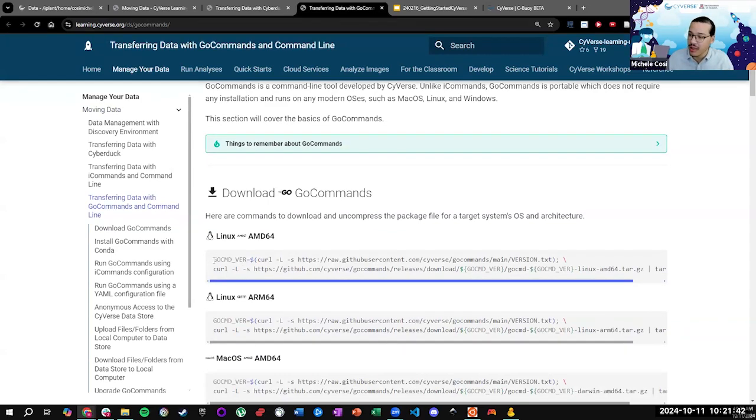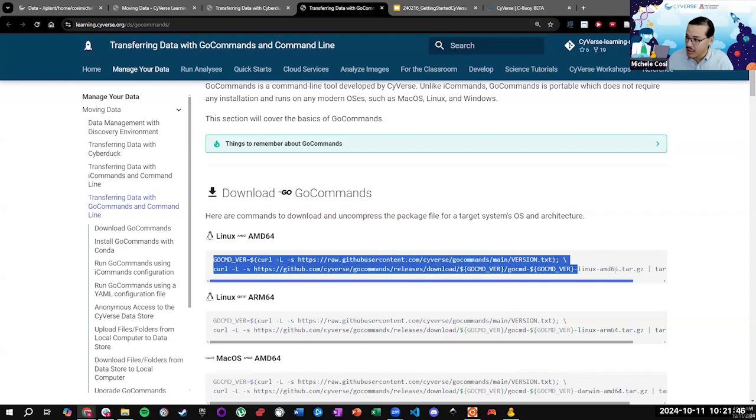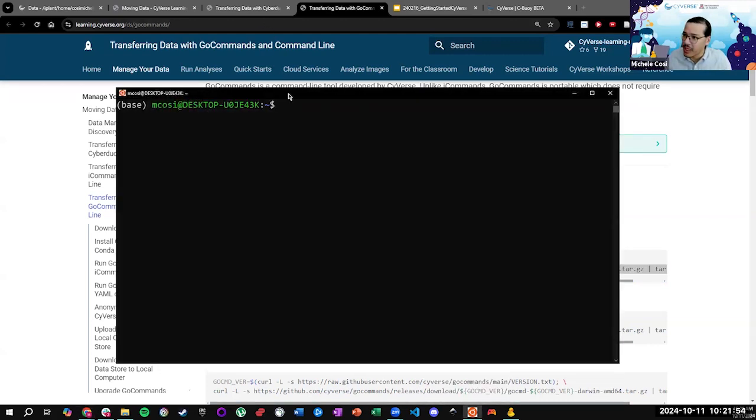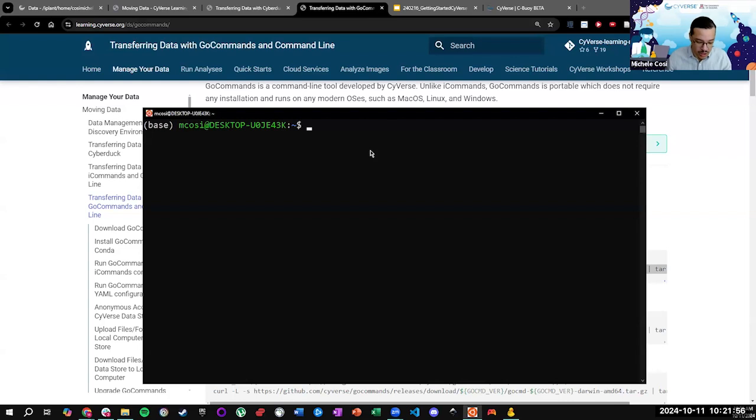What does this mean? It means that I can go ahead and copy all of this text, and I'm going to open up my command line shell over here. I'm going to make a folder so that things do not get overwritten. mkdir getting-started, and I'm going to move inside that folder. And right here, I can just go ahead and paste